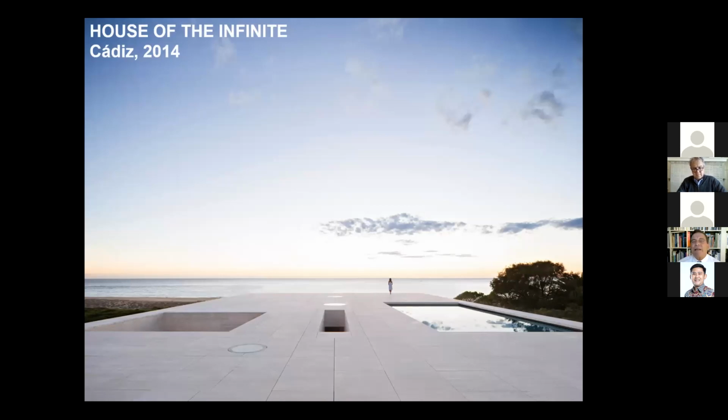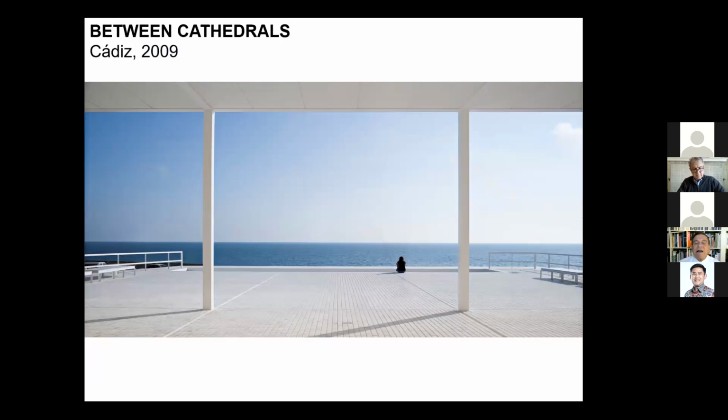And for this house of the infinite, in front of the sea, with a very special weather, you are looking at the horizon. The horizon is the infinite, but after this horizon is Africa. We are in front of Africa. And I decided no more, because the weather is so good that it is possible to be living on the top, on this plan. This plan is not only to say, oh my God, no, it's to be living every day and to enjoy, in the first line, and so on.